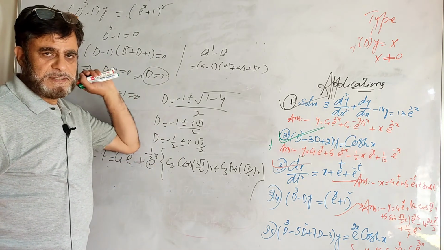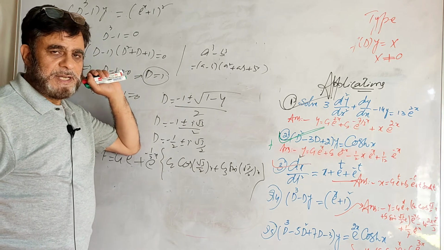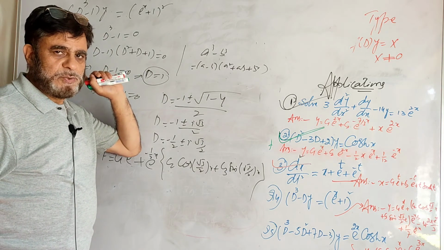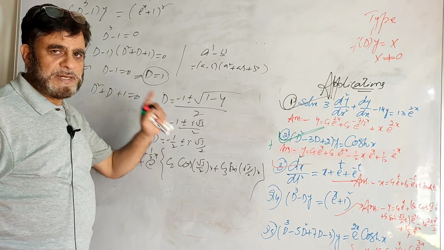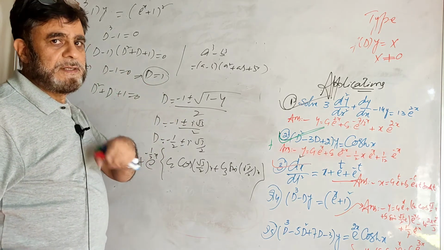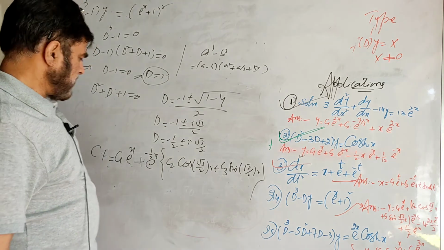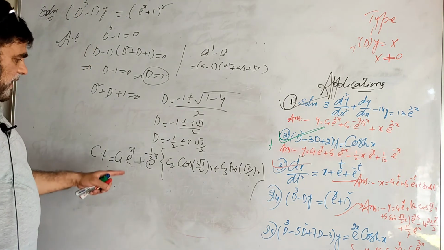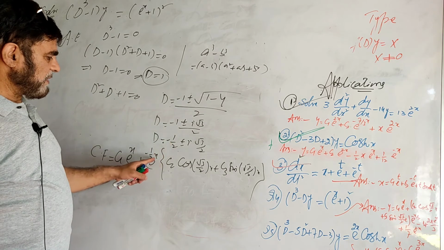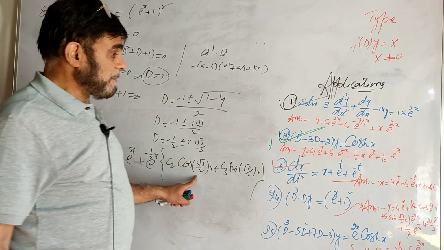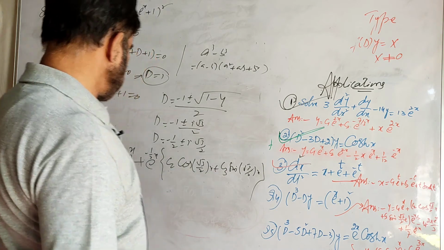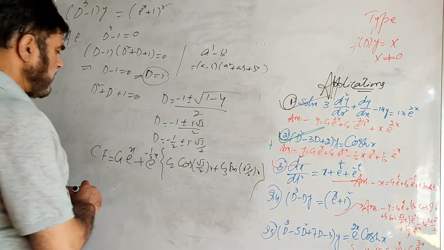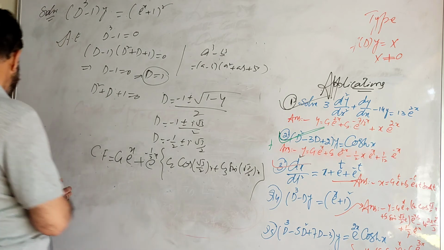to the previous lectures. You will get a detailed discussion there, how we write down the solution when we have the repeated roots, when we have the real and different roots, when we have the complex. We have derived there. Don't trouble yourself. It is e raised power real part, it is minus 1 by 2x, plus c2 cos of imaginary part root 3 by 2x, then plus c3 sine of this, it is minus x by 2 here. Okay, this is our complementary function.